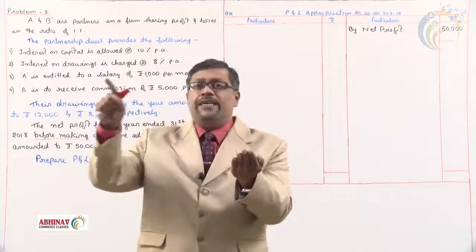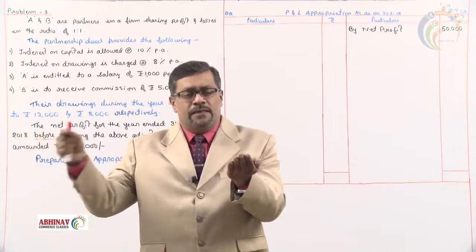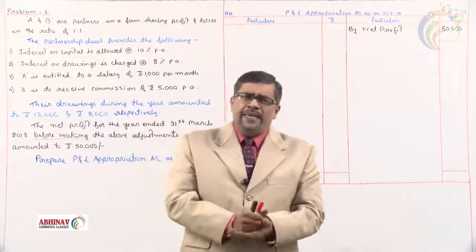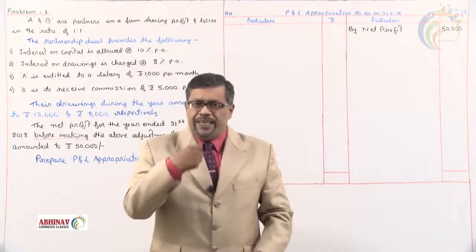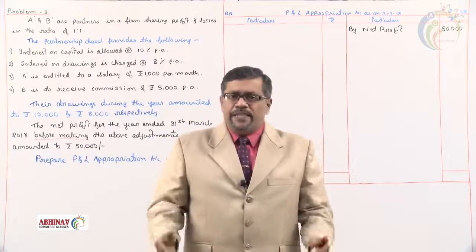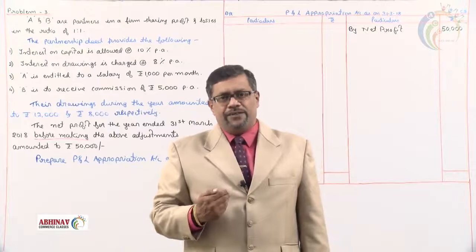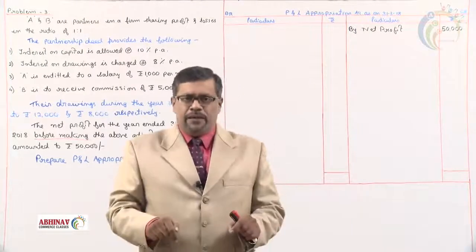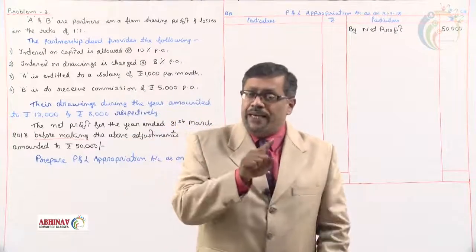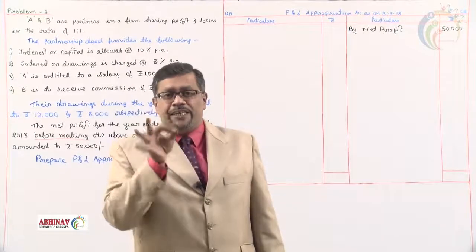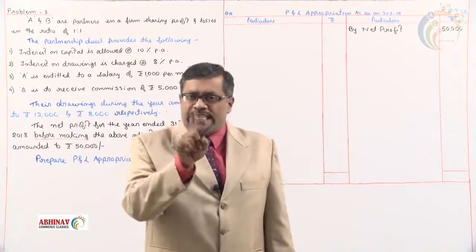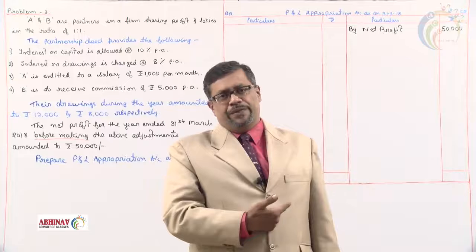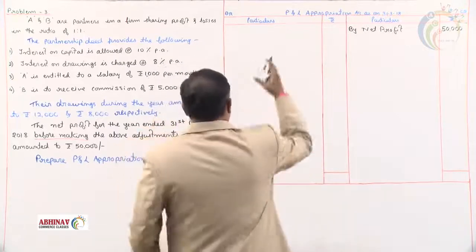Partnership firm has to pay the interest to the partners. It's like a bank deposit. When we deposit the money in the bank, it's but obvious that bank will pay us the interest. So for the bank, what interest they are paying us is an expenditure. Similarly, what partnership firm is paying interest to the partners is an expenditure to the partnership firm. It's an expense, we debit. It's an expense which reduces the income, we debit. Let us record that on the debit side.